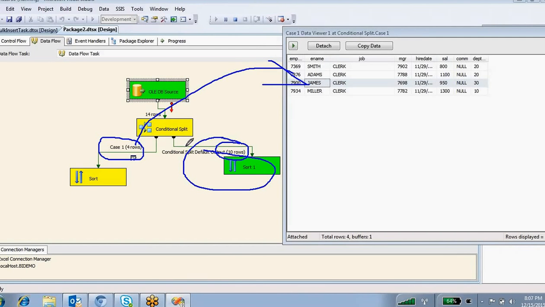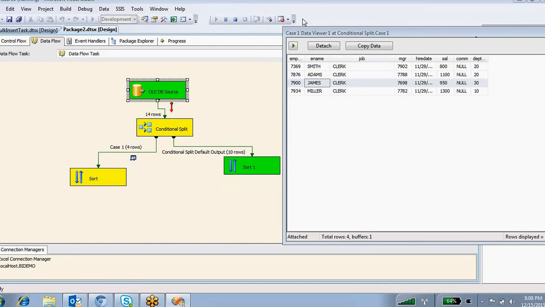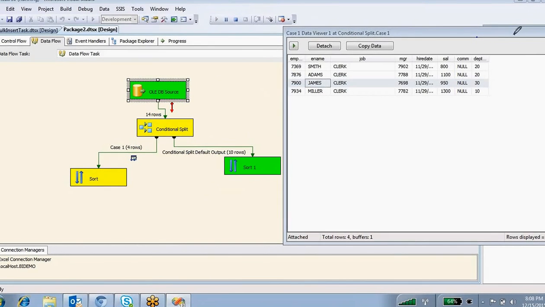So in this way, based on your conditions, you can transfer the data. Got it? Any confusion here? Guys, any confusion? No. Okay, thank you.